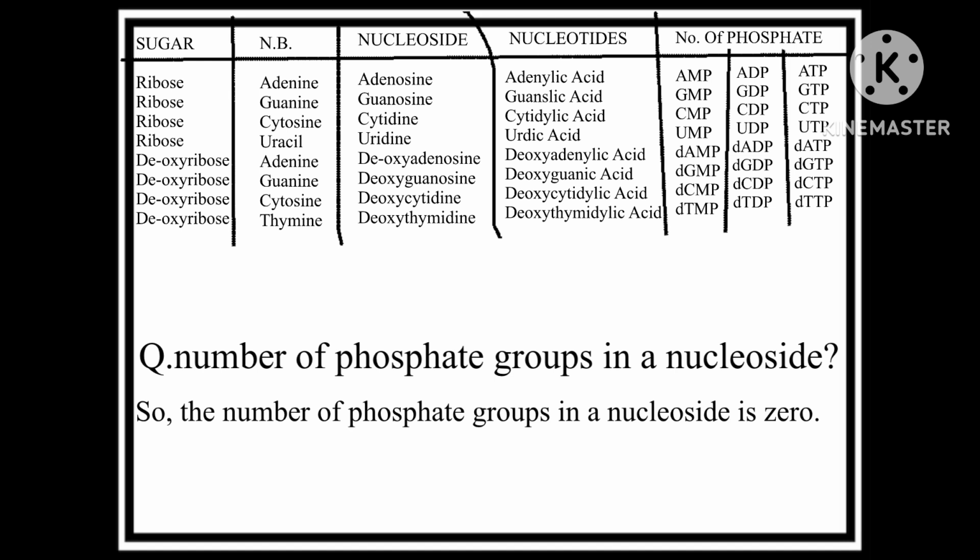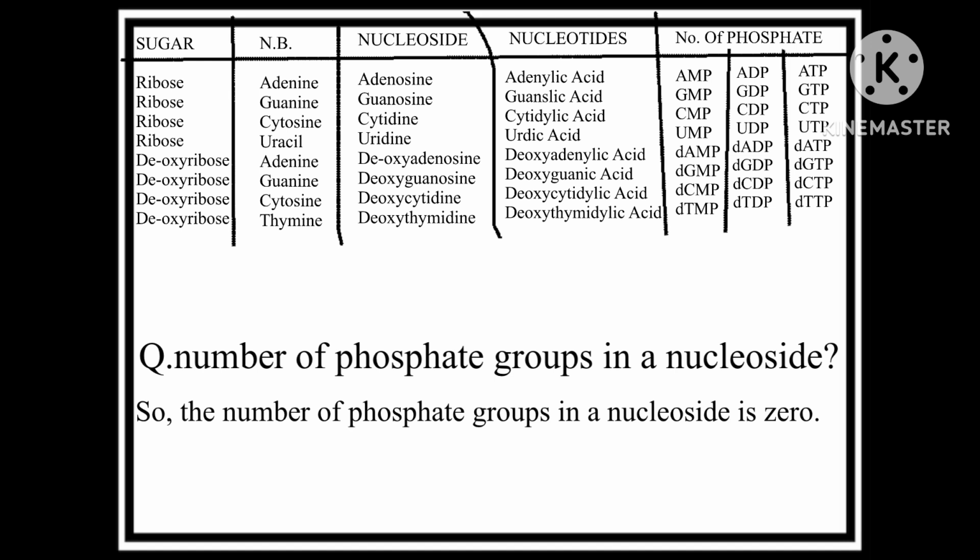And for nucleotides, when adenosine plus phosphate group combine, it will become a nucleotide. Adenosine and phosphate group will become adenylic acid, and guanosine plus phosphate group become guanylic acid, cytidine plus phosphate group will be cytidylic acid, uridine plus phosphate group will be uridylic acid. Similarly, deoxyadenosine